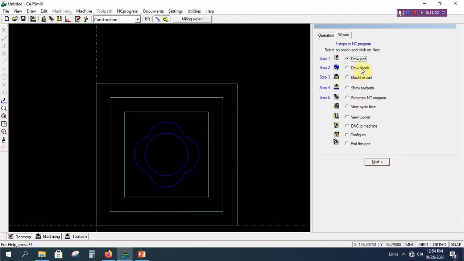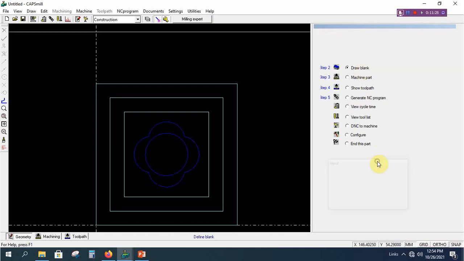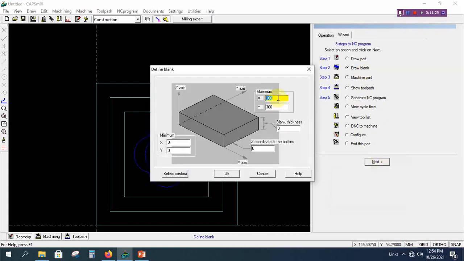Creating the raw material. Select it. Go to next. We are getting a dialog box. Here we are taking corner reference. Okay, so that a minimum corner will not be there. Maximum corner. This is X value and this one is Y value. That only we have to enter 100, 100. This is 0 and 0. And the total thickness will be 41.